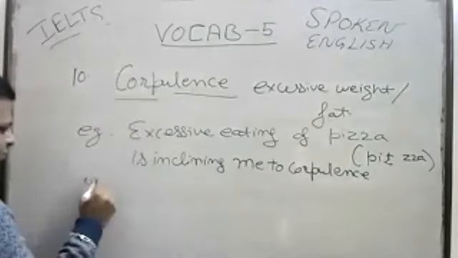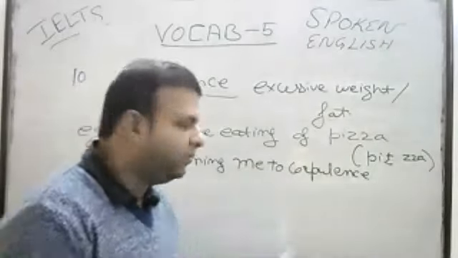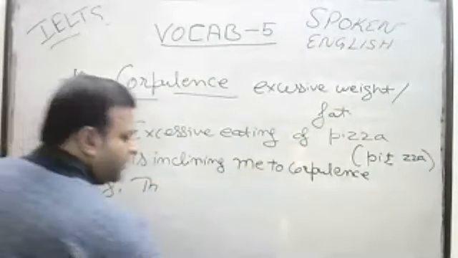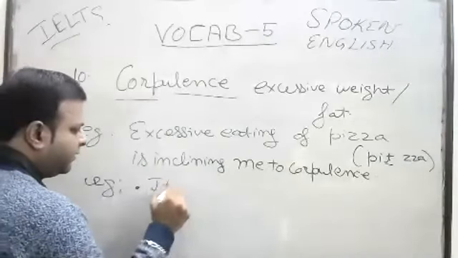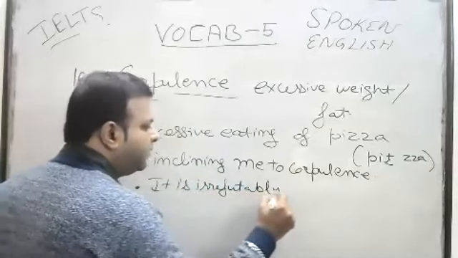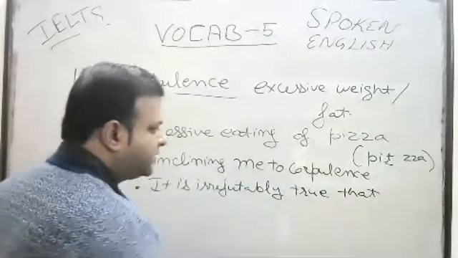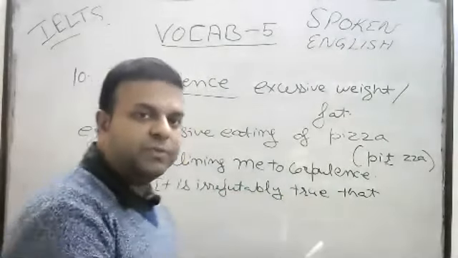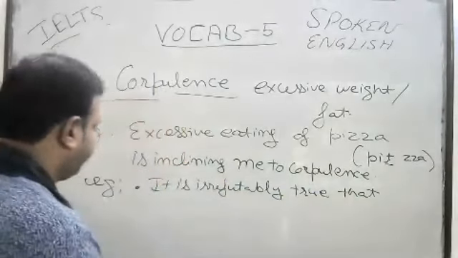For example, in writing task 2, after a full stop, you can use an expression like, it is irrefutably true, or it is quite cogent. Cogent means convincing. So we did this word cogent, convincing. So it is irrefutably true that